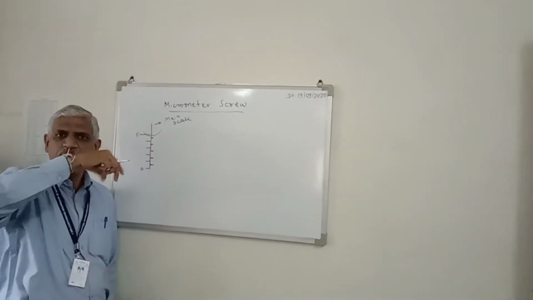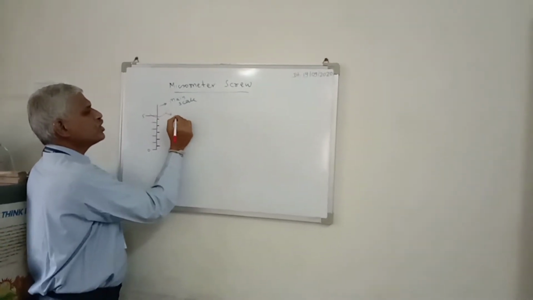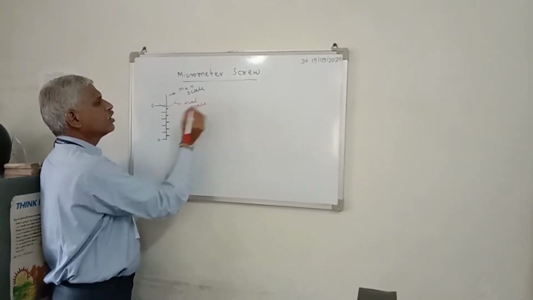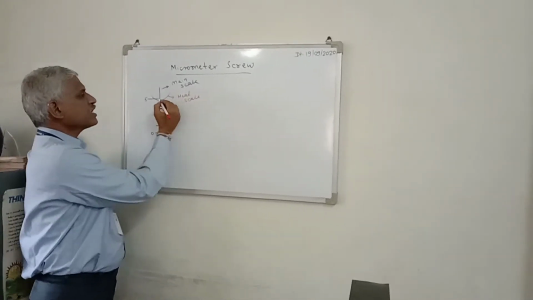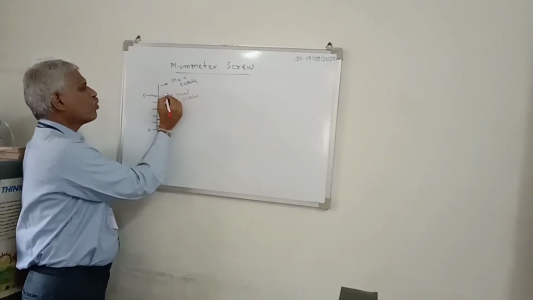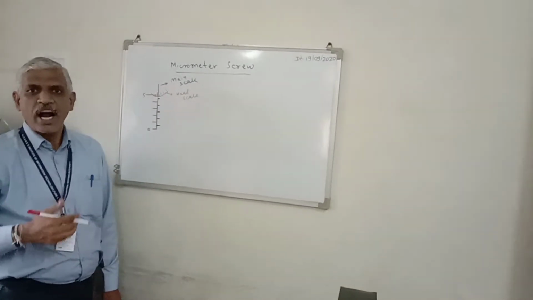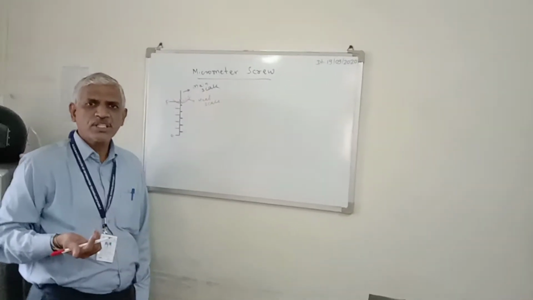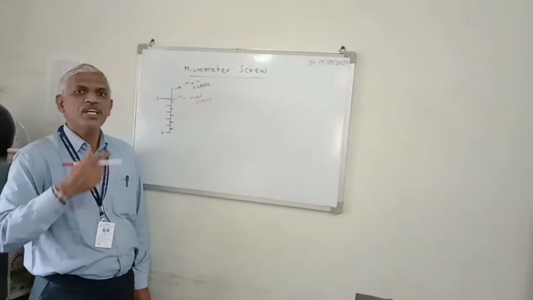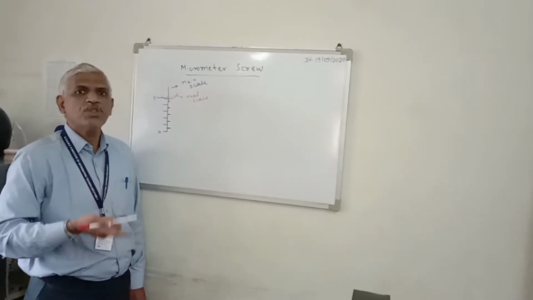which we are rotating using the screw. So this is the circular scale, which is also called the head scale, and this is calibrated in divisions as 0, 1, 2, 3, 4, 5. The highest number of divisions on the circular scale is sometimes 50, sometimes 100, and this will decide the accuracy with which we can go for the measurement.